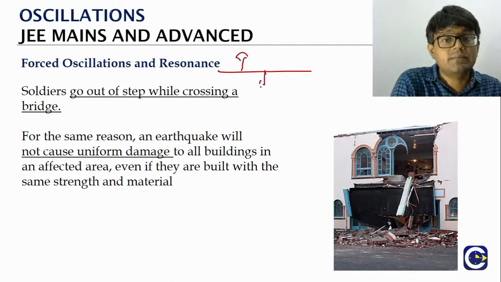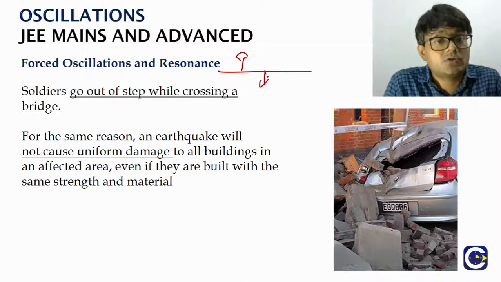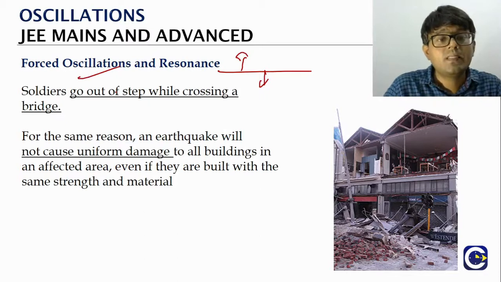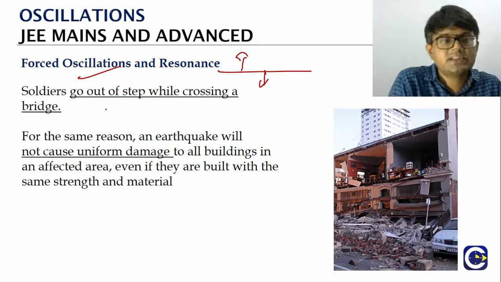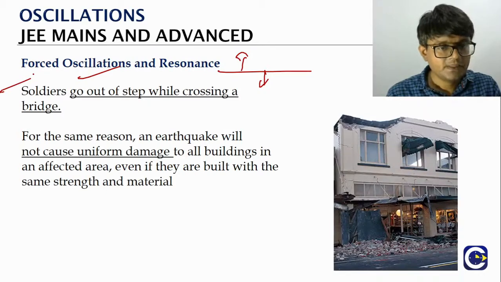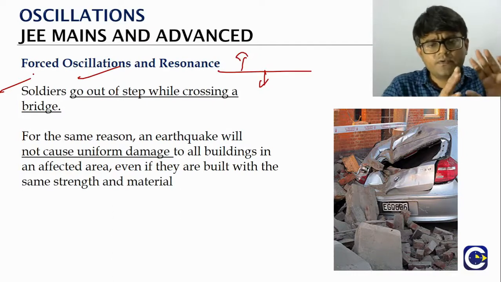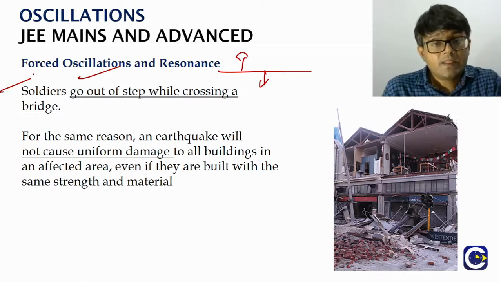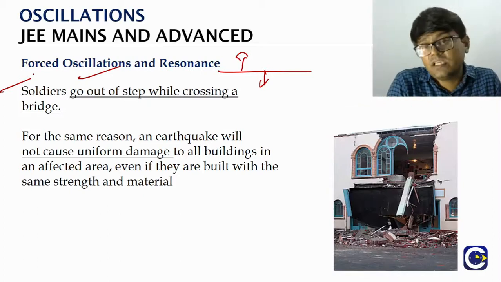So that leads to what? The bridge vibrating with a higher amplitude can completely cause damage to the bridge. That's why when the soldiers are going on a bridge, they are usually asked to go out of step, meaning they will not be marching together. This is the precaution that people generally take when soldiers are moving on a bridge. And if you are interested, on YouTube you can find a lot of videos of how the wind blowing in a particular direction at a frequency is able to cause bridges to swing with a very high amplitude and even damage parts of the bridges.